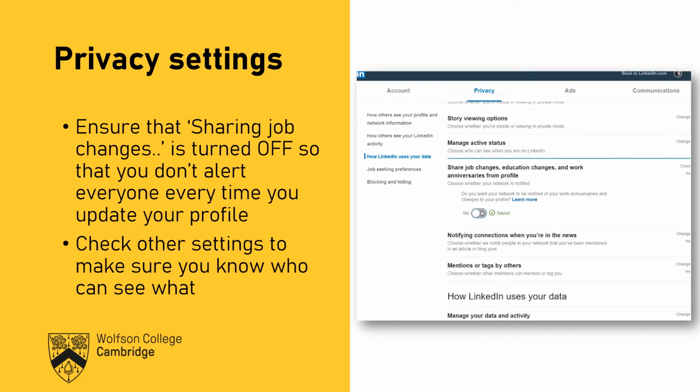Now, of course, there might be times when you do want people to see changes that have happened if you've got a new job, something like that, if there's a big change in what you're doing. And in those cases, you could turn it on, make the change, that would notify people, and then turn it off afterwards. Then just take a few moments to go through the other privacy settings, just to see that you're comfortable with what's being communicated to people and what they can read about you.